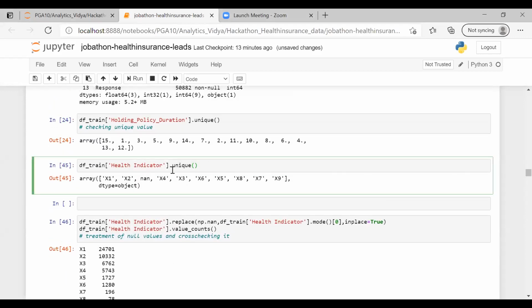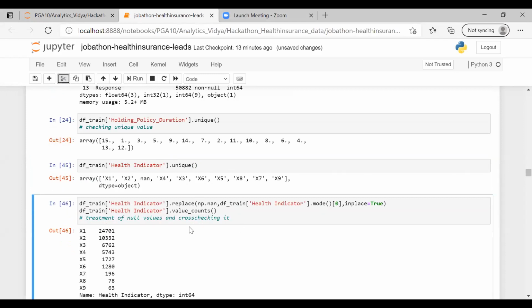Okay. So I was talking about this column health indicator. There, if I go for the unique function, what the unique function will do, as the name says, it will give you the array of the unique values. So I have unique values like x1, x2, and one more, I have a nan value here, meaning null values also. So I'm going to use the replace function here.